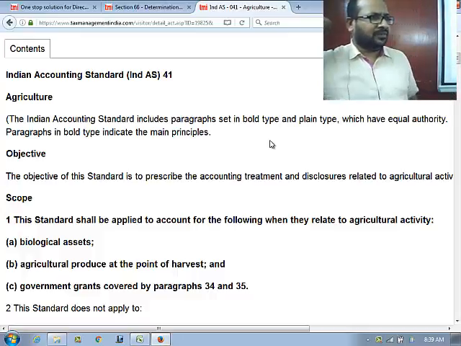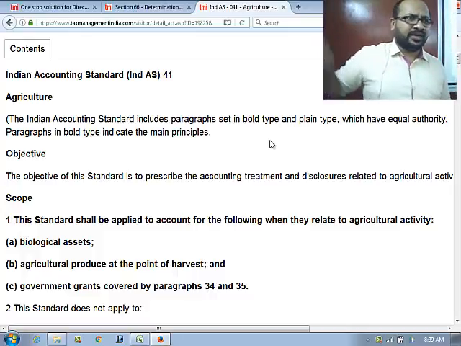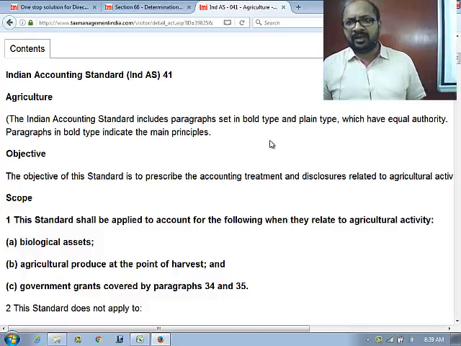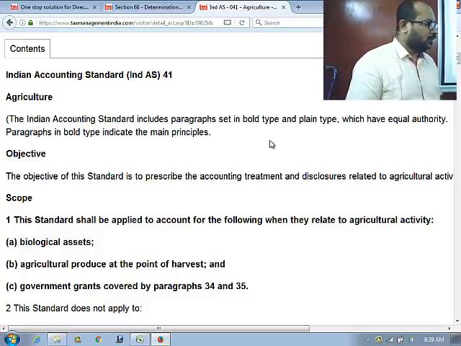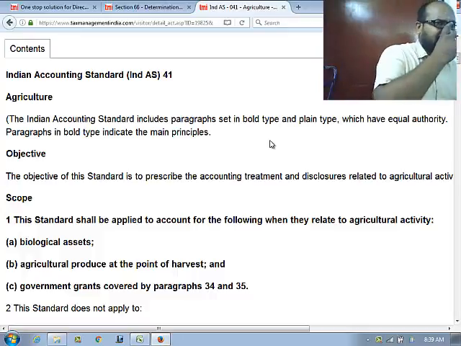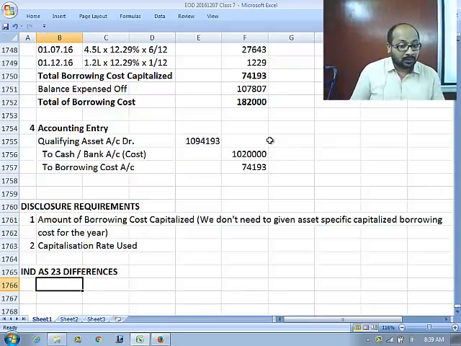There is a lot more. When we look at IND AS 41 on agriculture, I'll tell you what bearer plants are, what is not treated as bearer plants, how to account for fish, what you breed, what you buy, lots of things. We'll look at all those ideas separately sometime. So this is one major point. So what is major point number 1?